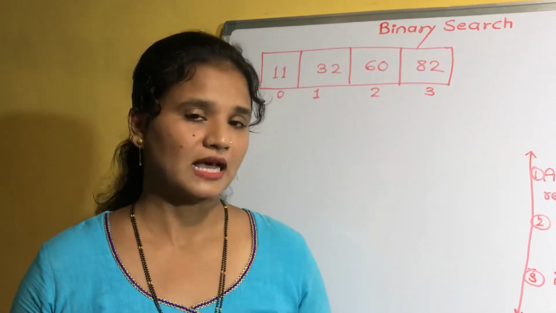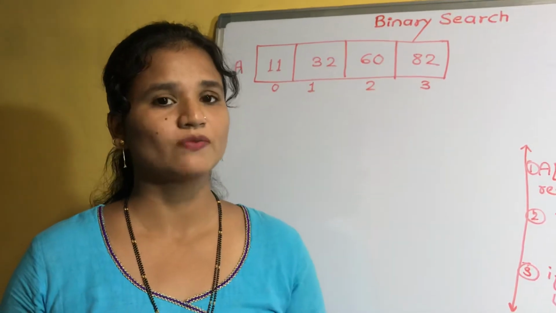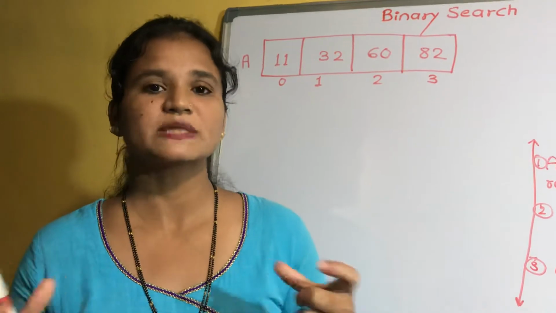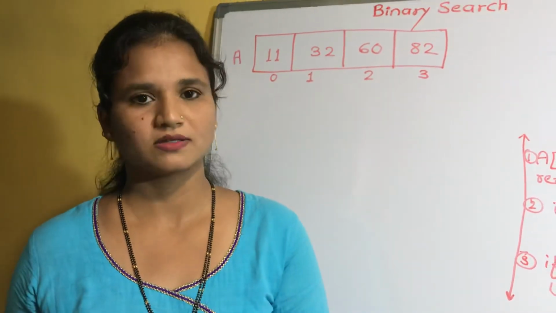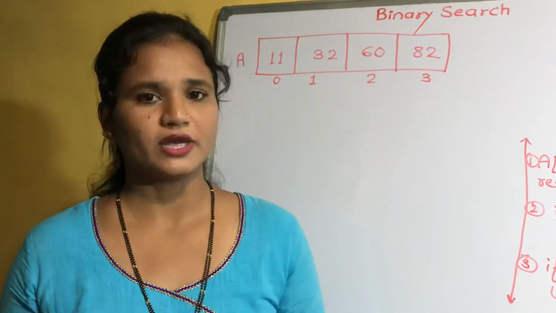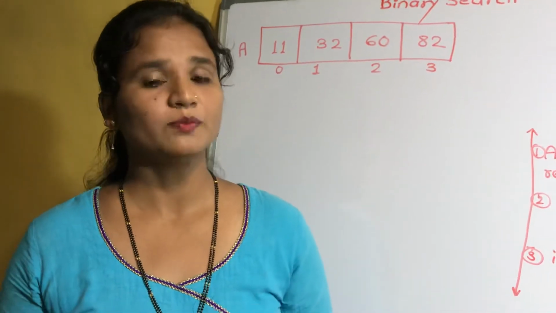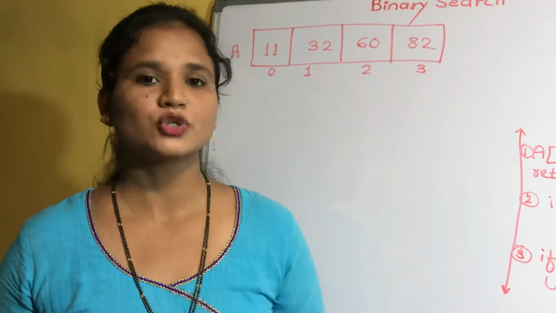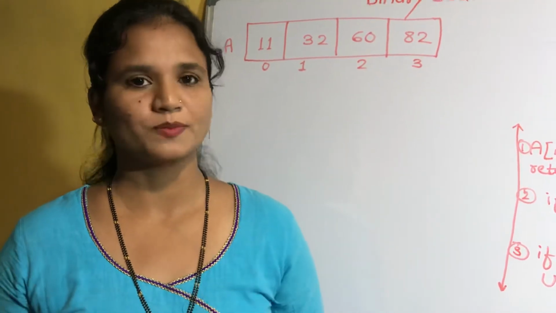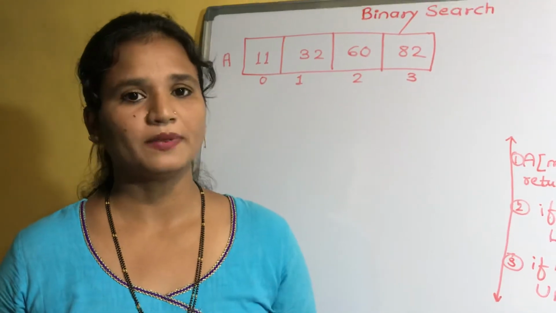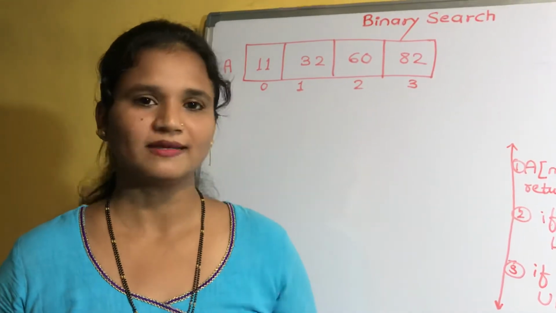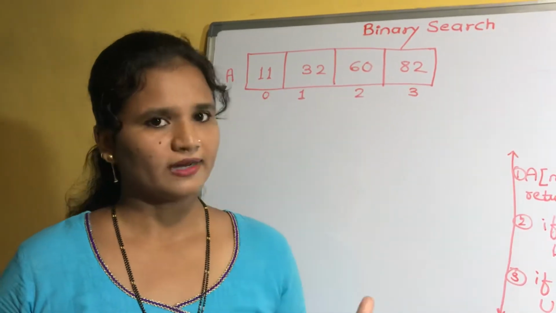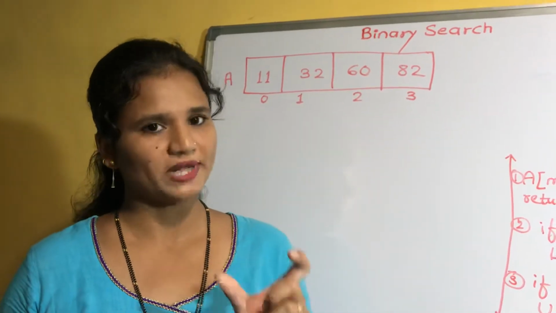What we have seen in the last video is how the binary search algorithm works. It divides your searching space into two different parts, or we can say it divides your array into two different sub-arrays. And one more important precondition for binary search is that your array should be sorted, or we can say your data structure should be sorted. Only then can you apply the binary search algorithm on that array, isn't it? So how does it work? It divides the array into two parts by using one variable with a formula.